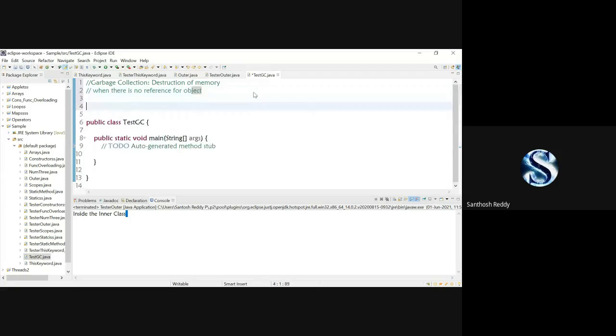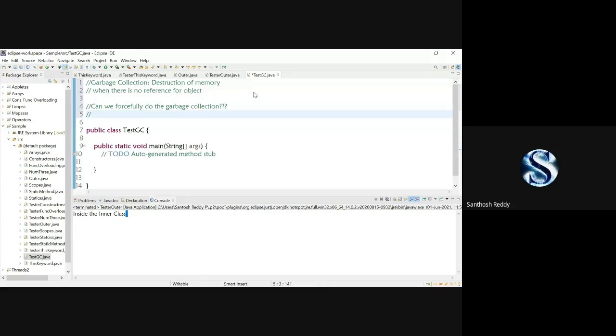Second thing, can we forcefully do the garbage collection? Does anyone have an answer?